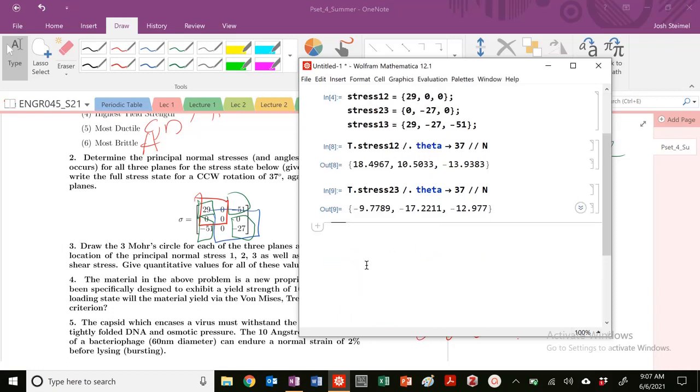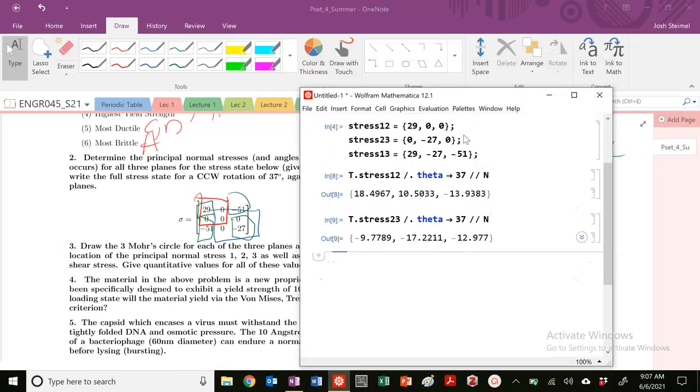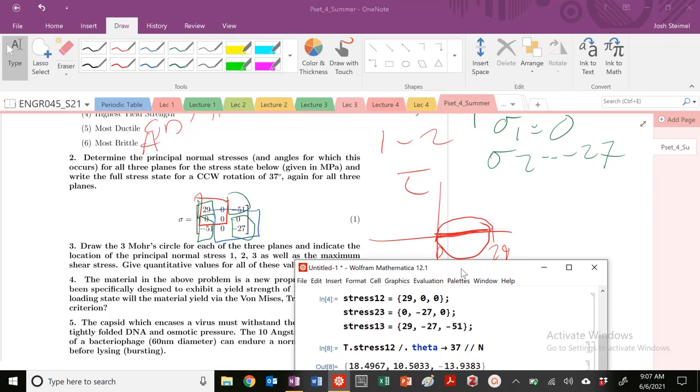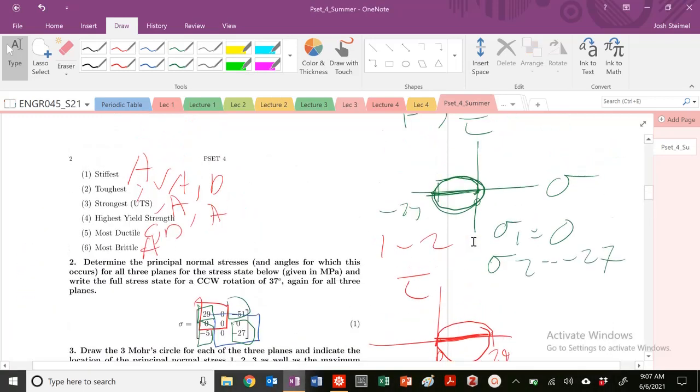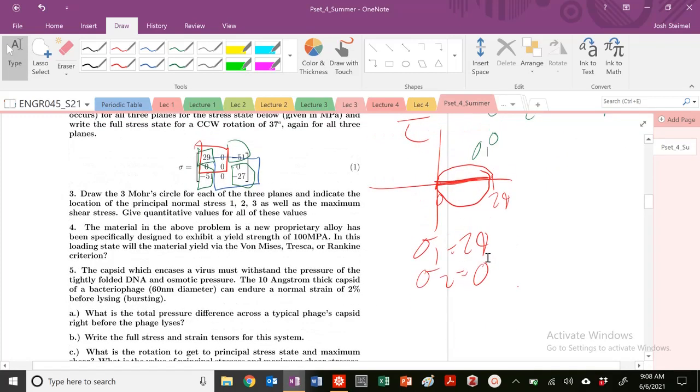Voila, I've got it. So again, we determine essentially the principal normal stresses and all angles for this. We're already in the principal stress state, so we need a rotation of 0 degrees to get there here. But the hard question is my,